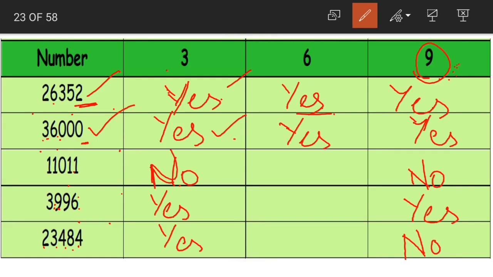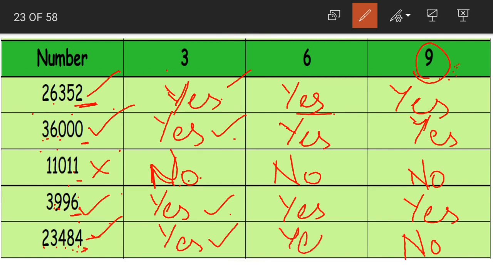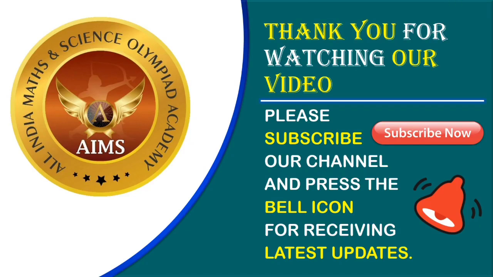Here it is not divisible by 3 and also it is not divisible by 2. So no, it is not divisible by 6. Now here we are having 6 in the ones place, children. Yes, it is divisible by 2 and also divisible by 3. So it is divisible by 6. Coming to the last number, it is having 4 in the ones place. So it is divisible by 2 and also divisible by 3. So it becomes divisible by 6 as well. Clear with the divisibility rules, factors, multiples, twin primes and co-primes?